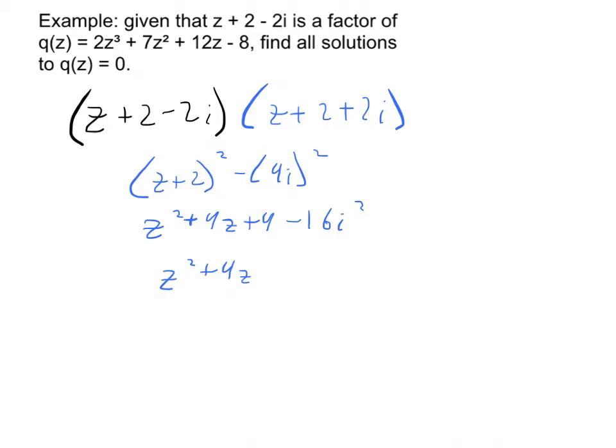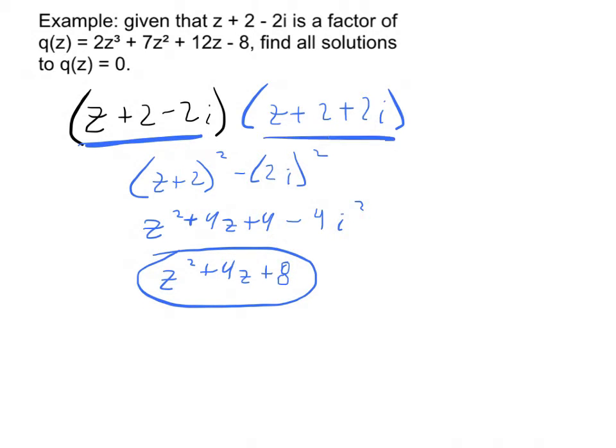Oh, I'm sorry, I just tripped there for a second. That 16 there isn't supposed to be a 16. In fact, that wasn't supposed to be a 4. This was supposed to be a 2i, so that makes this a 4, and that makes this plus 8. There we go. Okay, so this is the factor we knew about. We got another one for free, and so